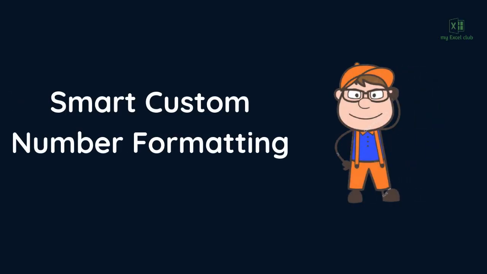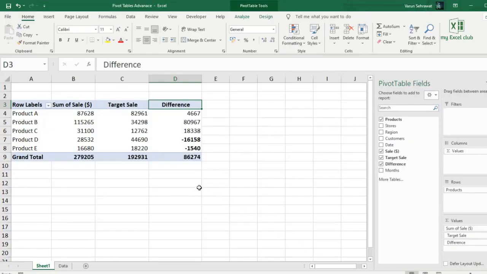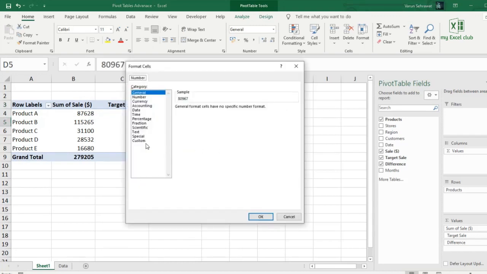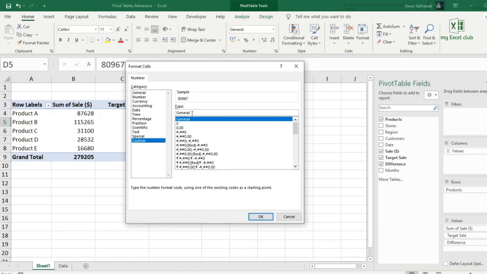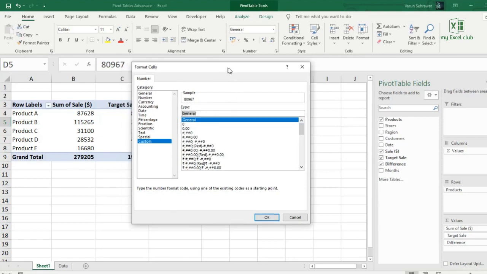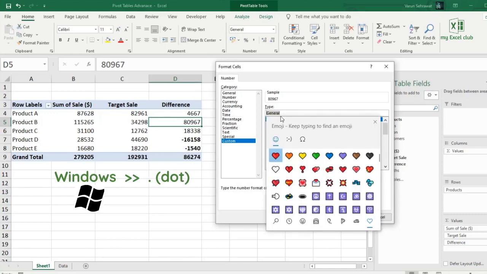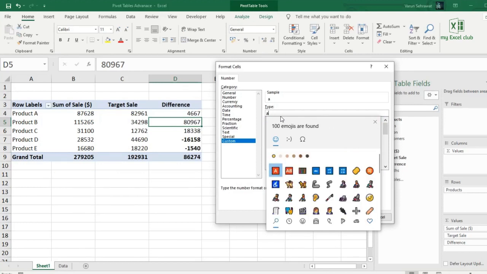Smart custom number formatting. An alternative to conditional formatting in pivot table is you can use custom formatting. So right mouse click, go to Number Format, go to Custom and make your own formatting. We will use some symbols for positive and negative numbers here. Use the shortcut key Windows and dot to bring the symbols. You can also copy paste your symbols here. Let's choose up arrow for positive numbers.